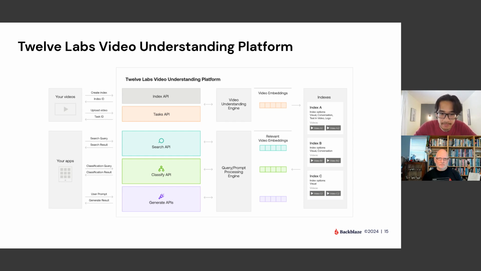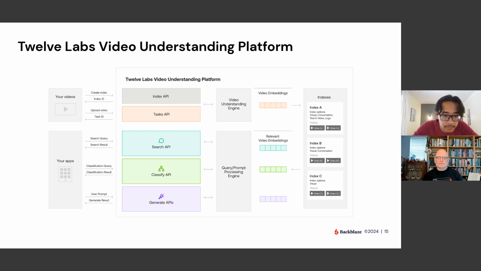And on this slide, I just want to go a bit deeper into the platform that we offer, and what the architecture looks like if you want to use it. For the video understanding platform, we offer an API suite for integrating state-of-the-art foundation models that understand contextual information from your video. The API is organized around the REST framework and is compatible with most programming languages like Python or JavaScript. You can also use Postman or other REST clients to send requests and view responses. The diagram illustrates the architecture of the platform and how different parts interact.